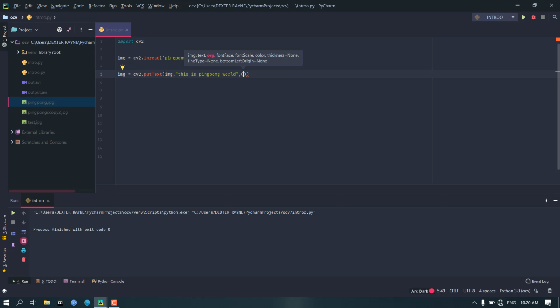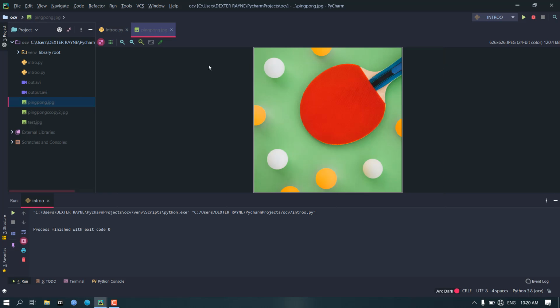Basically, now I am going to tell you a bit about origin. It will not take much time. As you can see, this is an image, and this image is 626 into 626. So what that means is the width is 626 pixels and the height is also 626 pixels. So we need to select the coordinate. The x coordinate starts from here, like 0 1 2 3 4 5 6 and up to 626. Just look at my cursor. And from here the y-axis runs 0 1 2 3 4 5 up to 626.